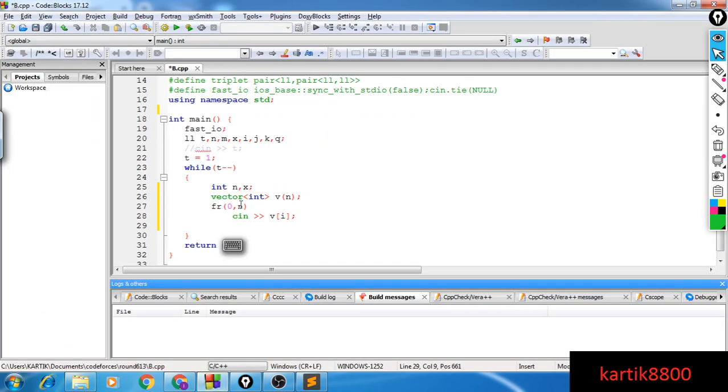Yeah, so I have taken the input of the coins. Now I want to have a DP array and fill my DP array, and my answer should be at DP of x.